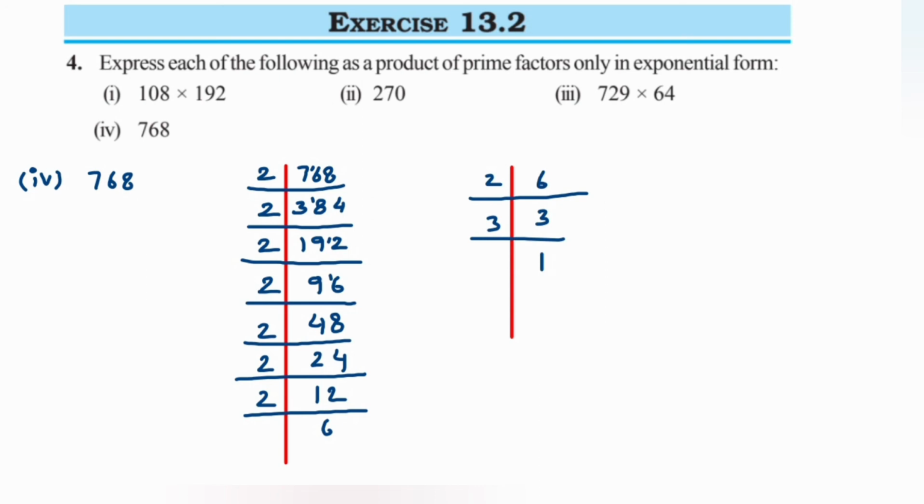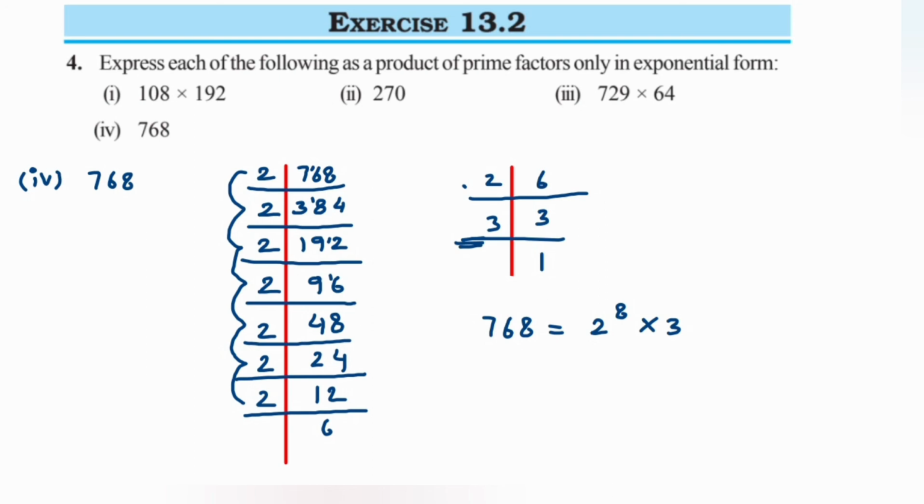Now we'll just see how many factors of 2 and 3 we have here in the prime factorization. So we're multiplying 2, 1 2 3 4 5 6 7, and then we have 8. So we can write 768 is equal to 2 to the power 8, and we're getting only one factor of 3 here, so multiplied by 3. You can write 3 to the power 1, or we can just write multiplied by 3.